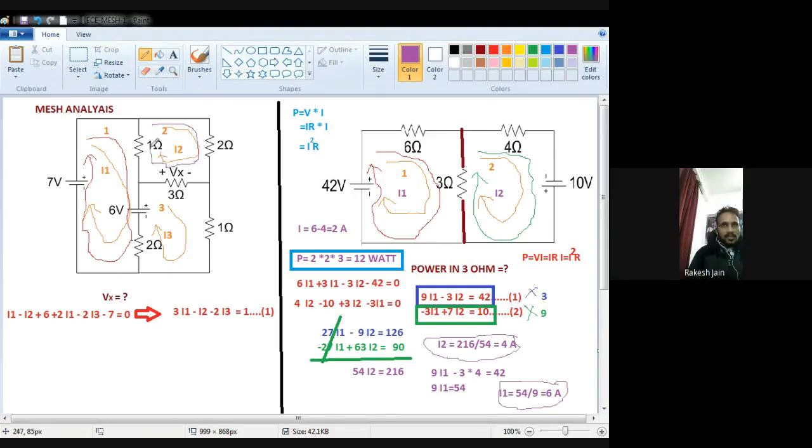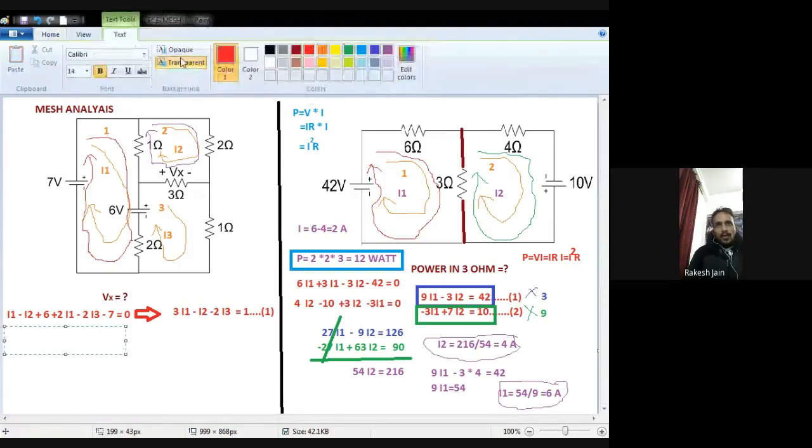Okay, then the 1 ohm resistance, my current is I2, so plus I2 multiplied by 1, that is plus I2, and another current of the first mesh also passes, from top to bottom in the opposite direction, so I write down minus I1 into 1. So what I want to say, I write down here, and if any problem then tell me. 2 I2,